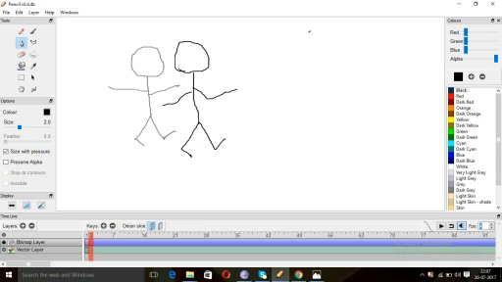So let's see what we want to do. We will draw a ball and a boy who's coming close to the ball. So let's first draw the picture of the boy who has moved forward now. So here we go.